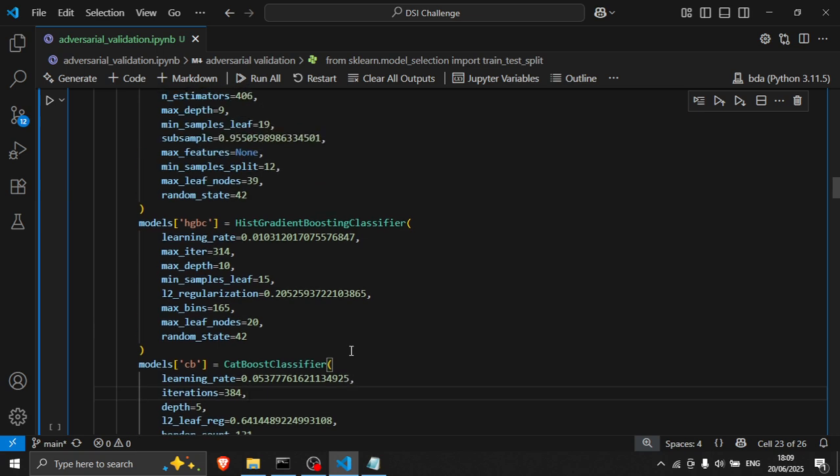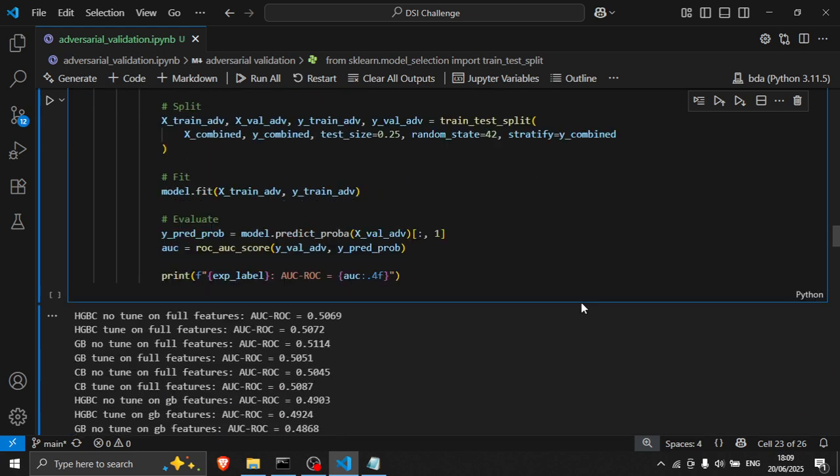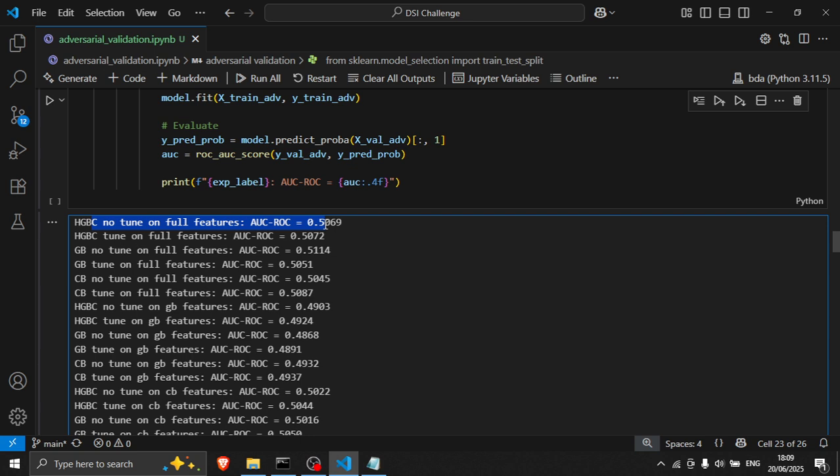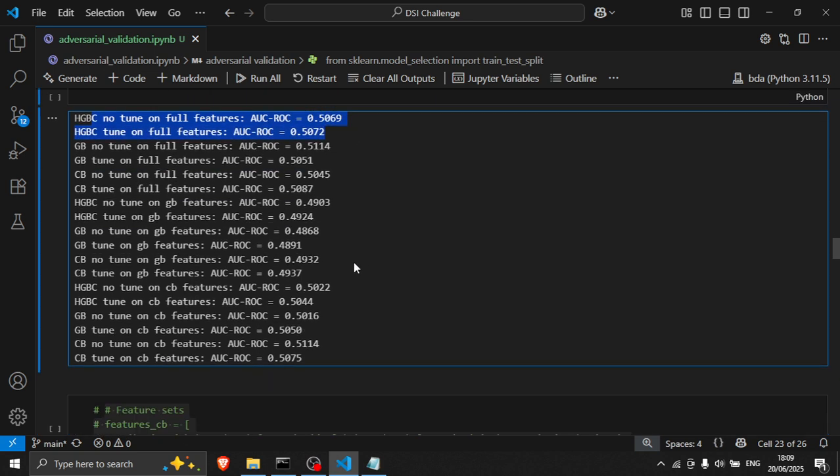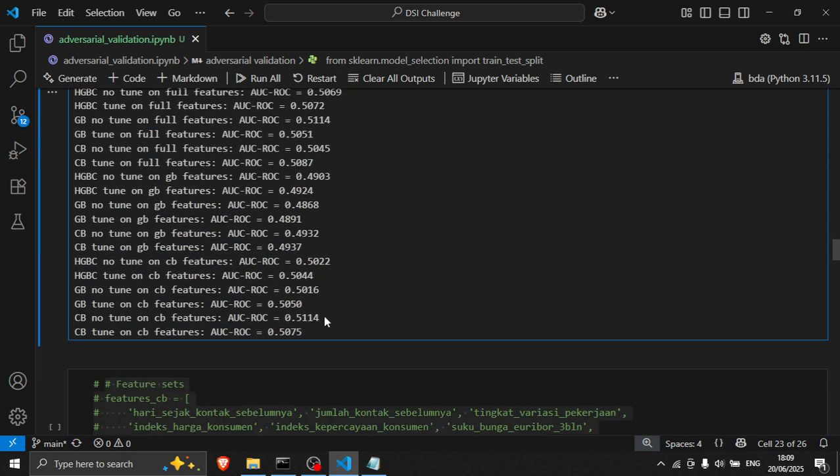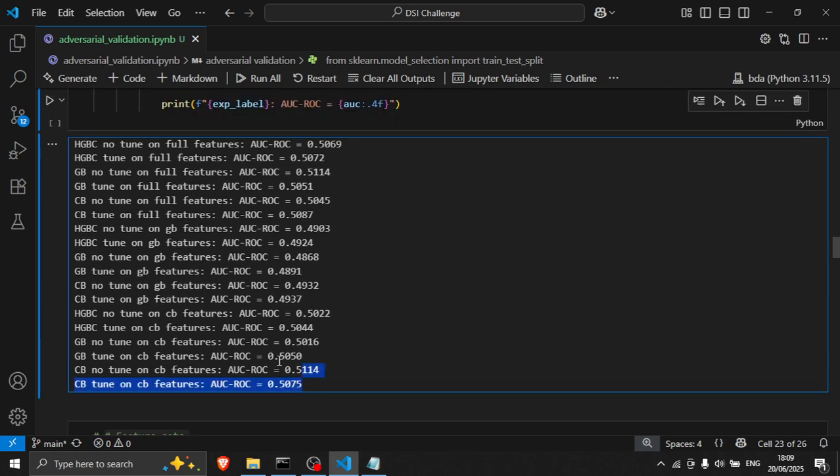This is my implementation here. In my case, I use 3 models. The output is a ROC AUC within the range of 0.48 to 0.5. So what can we conclude from this result?